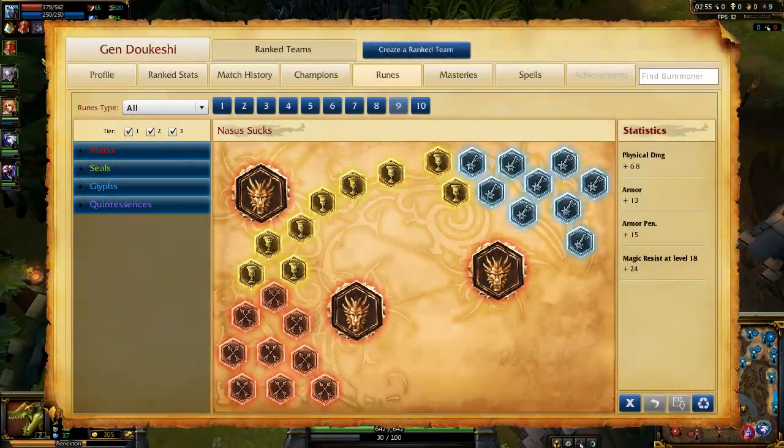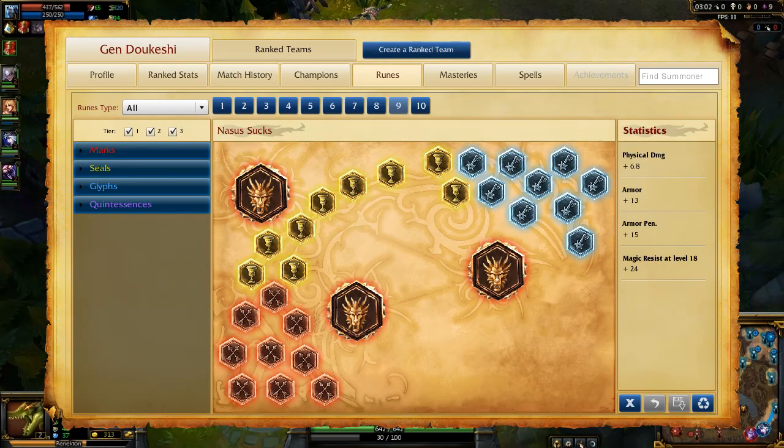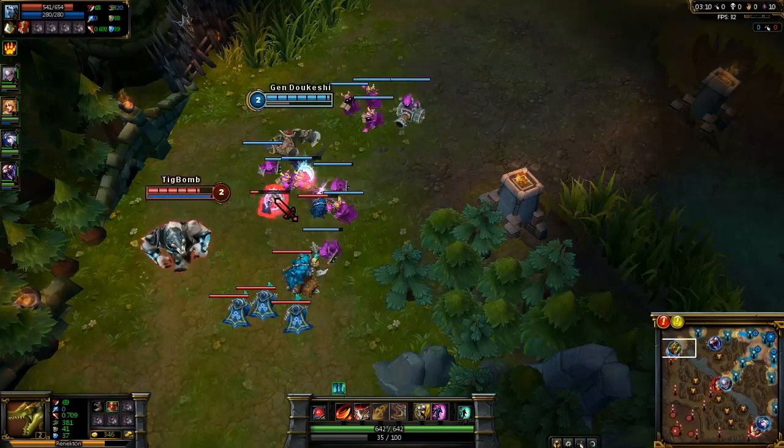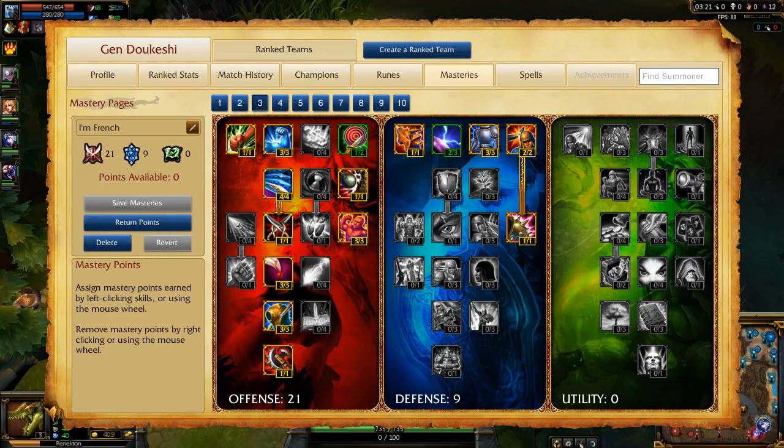For runes, I use Armor Penetration Marks, Flat Armor Seals, Magic Resistance per level glyphs, and Flat Attack Damage Quintessences. This makes for a generally tanky Crocodilian, while helping out the damage for our spells as well. For masteries, I take a 21-9-0 route, getting as much damage as possible while still staying tanky. In the defense tree, we build more health while in the lane, or more damage to minions while we are